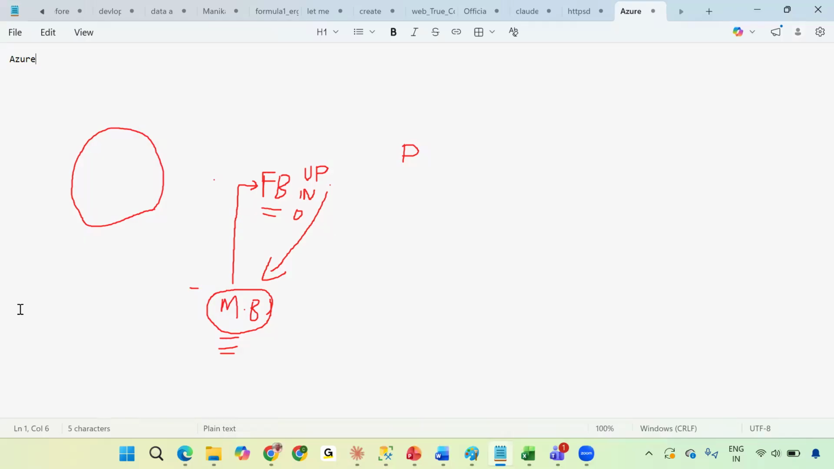Sorry, let me clear everything in the draw. Okay, now you can see